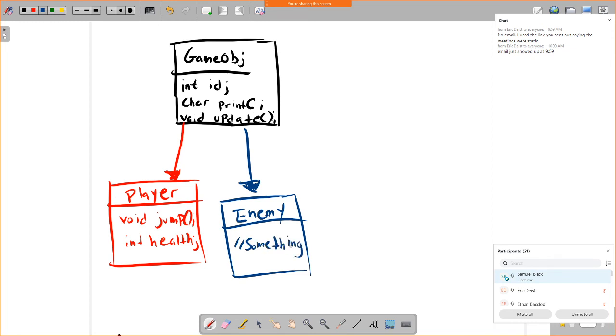It might be some sort of behavior like attack. So let's just say void attack. Something that's unique to that specific item. Alternatively, you don't even actually have to put code in it. It could just be totally blank. That might seem a little bit nonsensical, but the reason you might do that is to